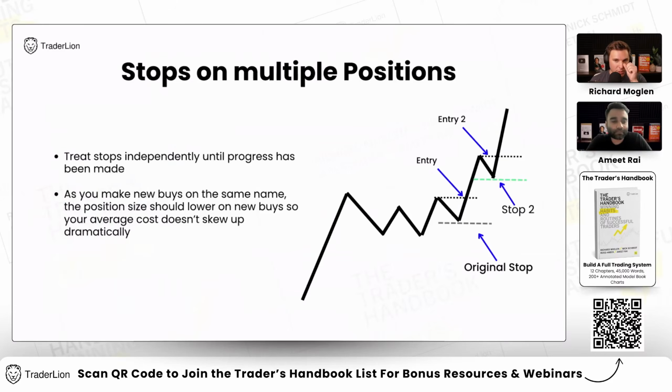All right, stops on multiple positions. This is a question we get often. This is how I personally approach it. Ryan, I want to hear your take on this as well. But basically, if I have an initial position, maybe I start a 10% or 15% position here, and then it pushes higher, pulls back to maybe a 10 EMA or 21 EMA, and re-breaks out, I might add 5% less than in my initial position here. But I kind of treat them as two different trades until it makes significant enough progress where, maybe we're all the way up here and it makes sense to kind of treat everything as one position.